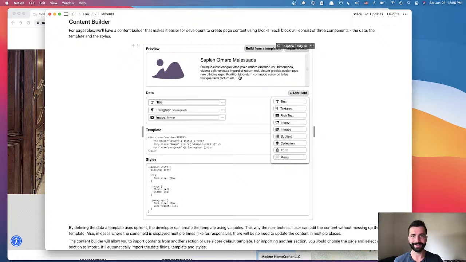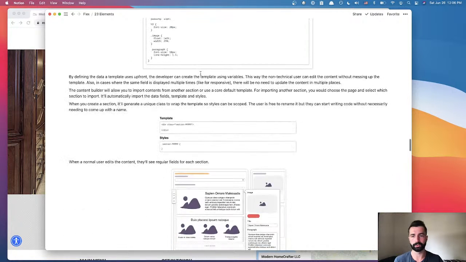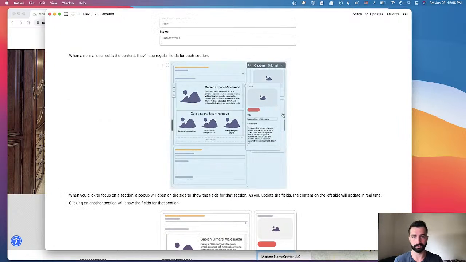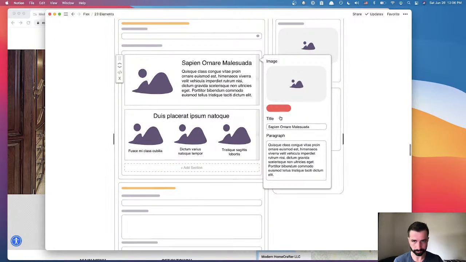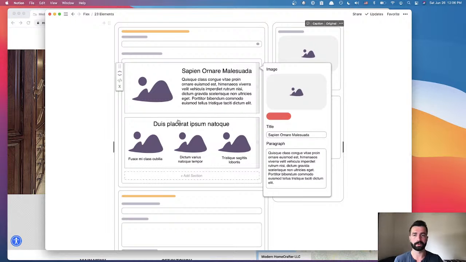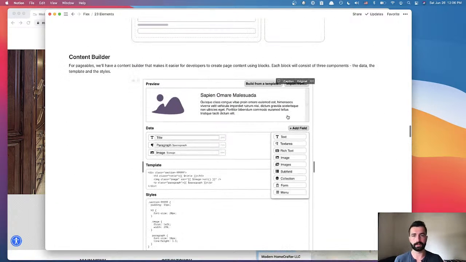Imagine you go to create a page, like a home page, for example, and for the content you break it up into these separate blocks, and each block has its own data, its own markup, and its own styles. Once we render on the front end, we combine it all. But when you're building those separate sections, you're really only concerned about that specific section.